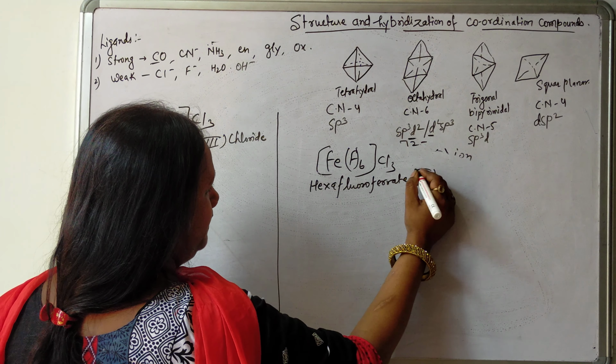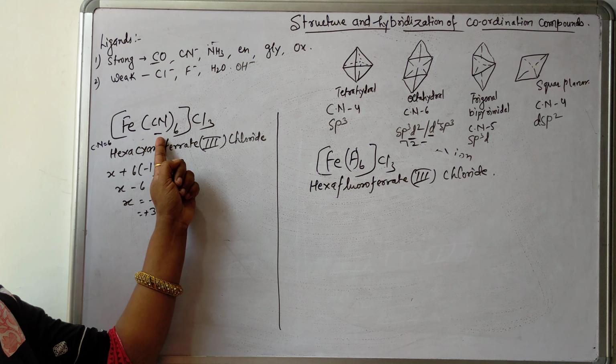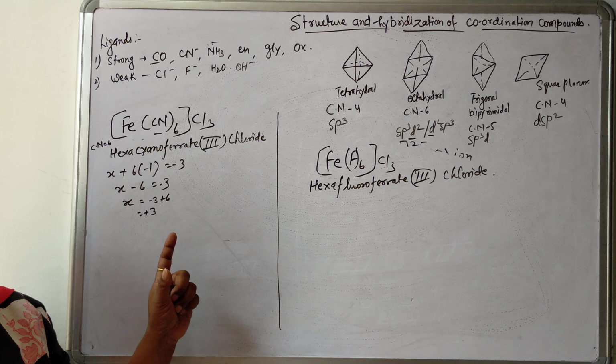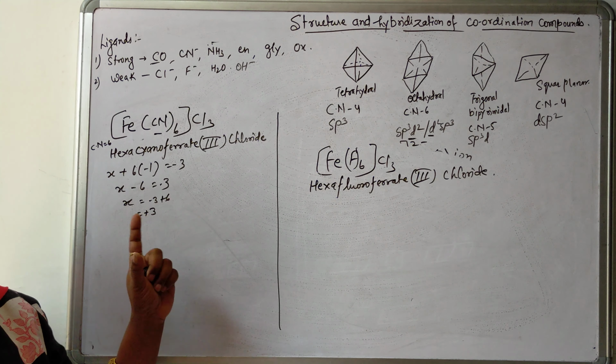Now, you all know about it. You know how to find out the oxidation state. You are now familiar with how the ligands are attached to the central metal. There are 6 ligands attached, and there are also 6 ligands attached in the square bracket. So the coordination number is 6 here. Okay. Then now we will find out the hybridization next. How can the hybridization of the complex compound be identified? This will be done by using this thing.